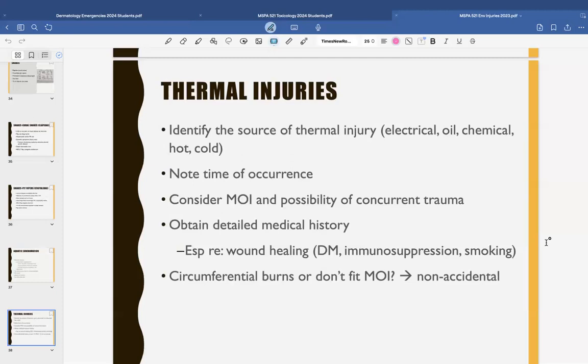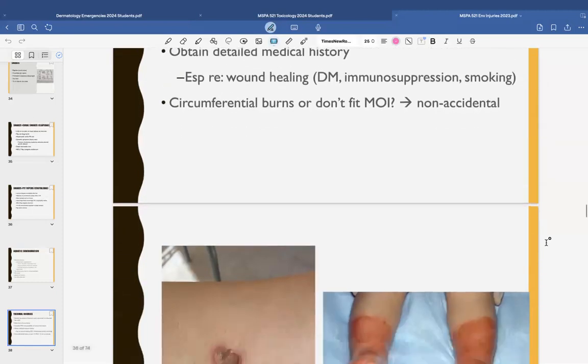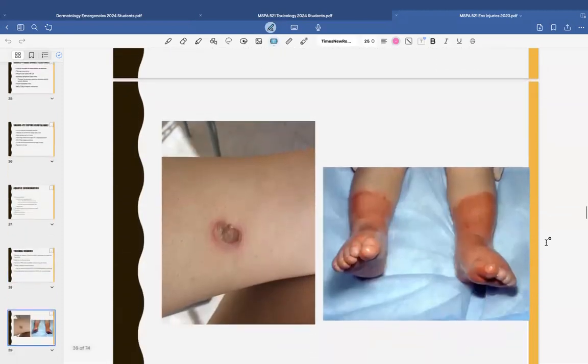But look for stuff that's fishy. Circumferential burns don't fit the mechanism of injury. You really have to worry about that. Trigger warning, I guess, for some of the pictures because they're cigarette burns, unfortunately. If this is a circumferential burn, it just doesn't make sense. Most patients had it, unfortunately. Patients' feet were